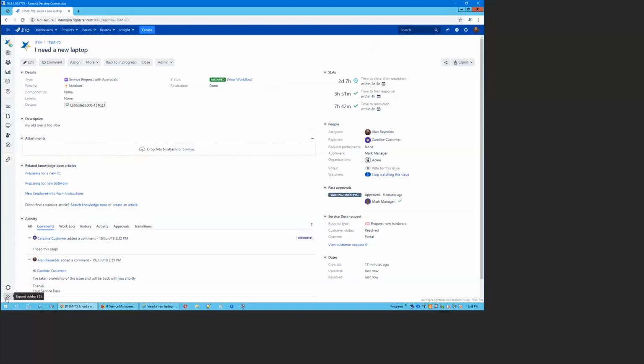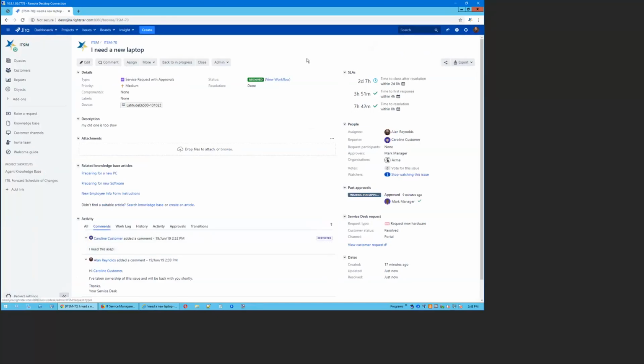Now, I mentioned that the feedback in the portal there gets rolled up into some reporting. We also have an option when you resolve issues to send out a survey to the customers to get feedback from them. If you do have surveys enabled, the system will send out a survey with a configurable question and a 5-point scale that folks can respond on. And so Caroline could get a survey here about how I did on her laptop,